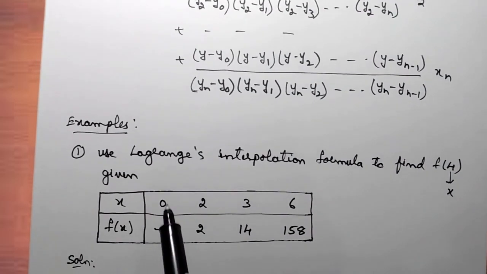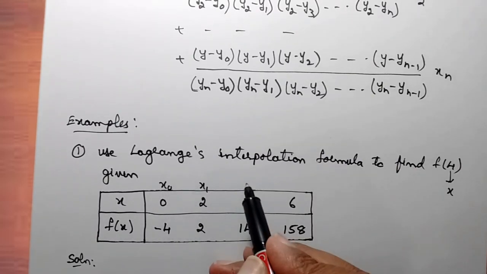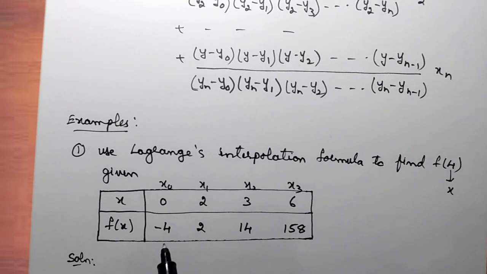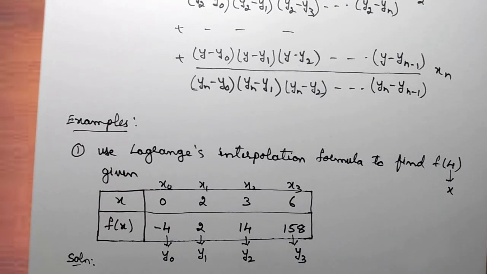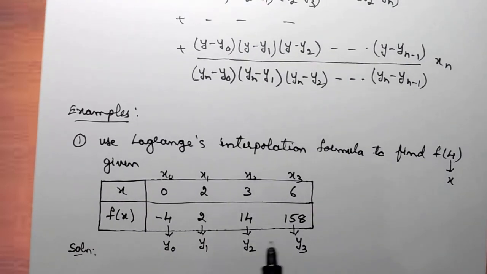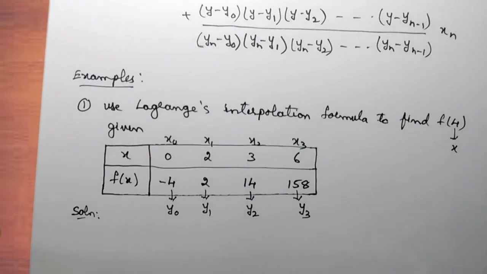So what are these values that you have over here? This corresponds to your x0 value. This is your x1 value. This is your x2 value. This is your x3 value. And because the formula is in terms of y, this corresponds to your y0 value. So this will be your y1 value. This will be your y2 value. And this will be your y3 value. So using the Lagrange interpolation formula, I have given a general formula, but you have to write down the formula only up to the term x3 and y3 only. So let me write the formula.